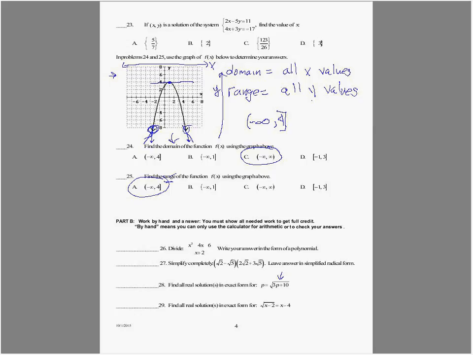Anytime you have a square root, you want to isolate it to one side. If there's something added or subtracted or multiplied or divided, you want to get rid of it. The square root is already isolated. We don't have anything else going on this side of the equation. So to get that 3P plus 10 out of the radical, we are going to have to square it. Whatever you do to one side of the equation you have to do to the other side. So we're going to square that side too.